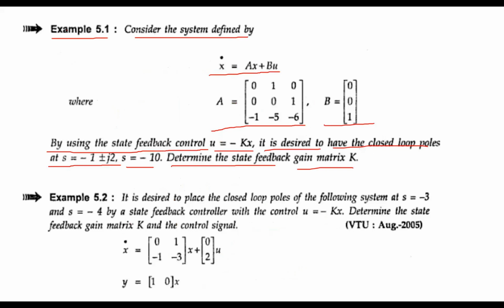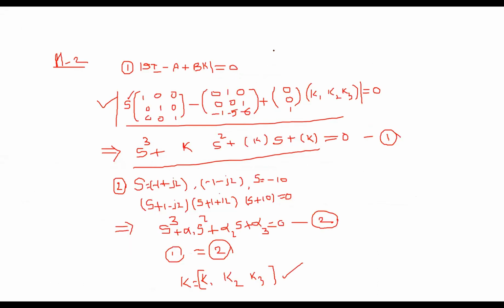At the end of the examination, from unit number 2, the first part, they can ask pole placement design, that is our state feedback controller design. That's the finding of gain matrix K, or else the state feedback control law, that is u is equal to minus Kx. So they can ask one question compulsorily. Damn sure, 100% they can ask one question from pole placement. So I request each and every student, please note down this problem and follow this procedure.